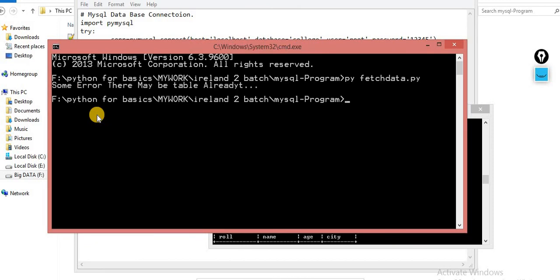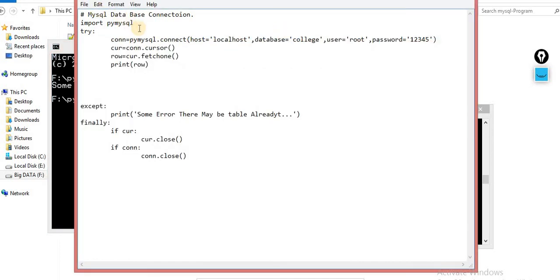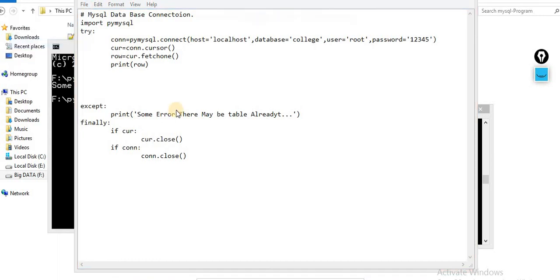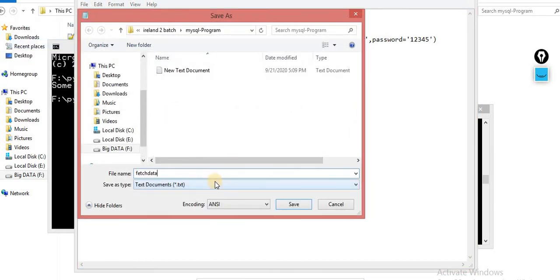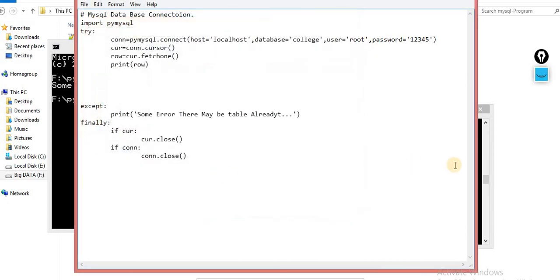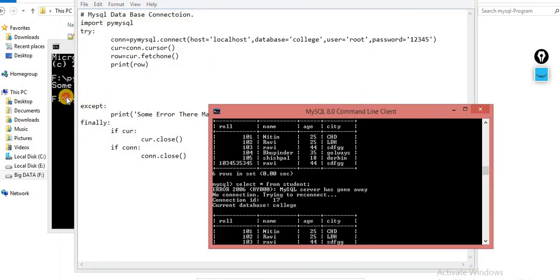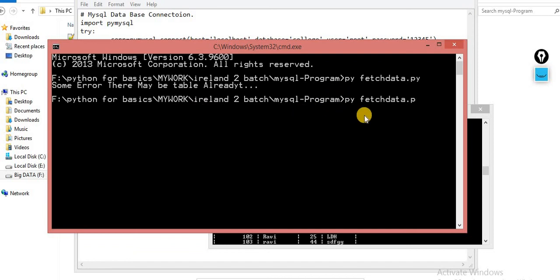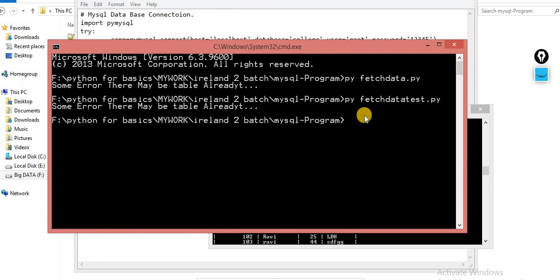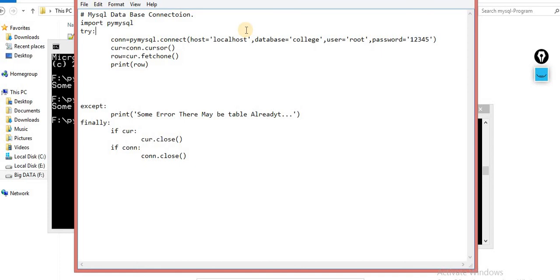Just wait for a second. Okay, I think we made a mistake somewhere. So save as fetch data test dot py. Some error, maybe table already exists. Okay, I think we made a mistake. Where did we make a mistake? The exception is thrown.